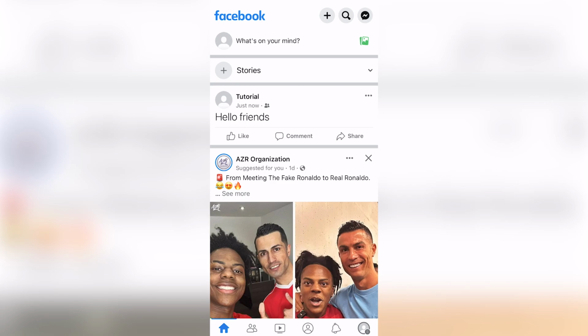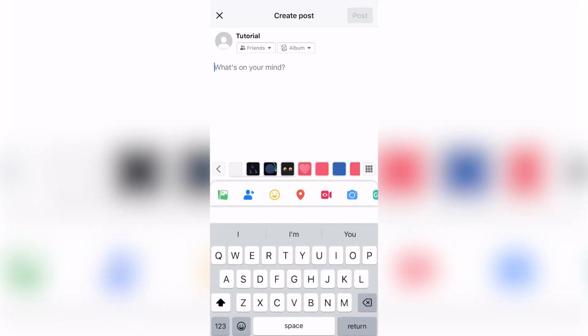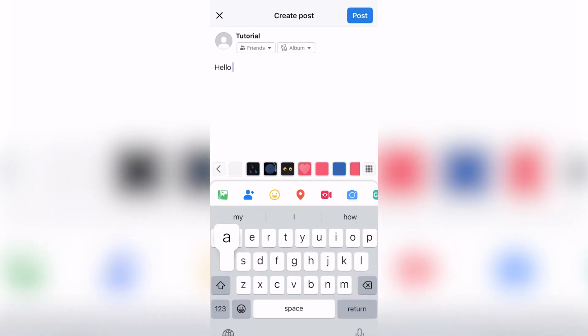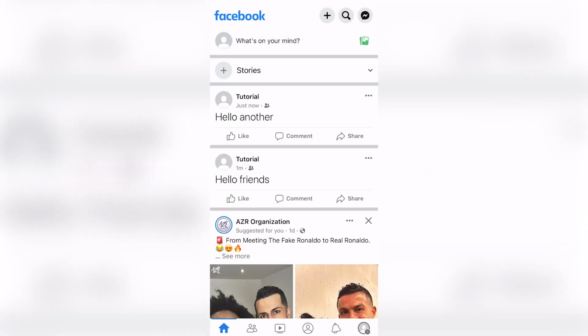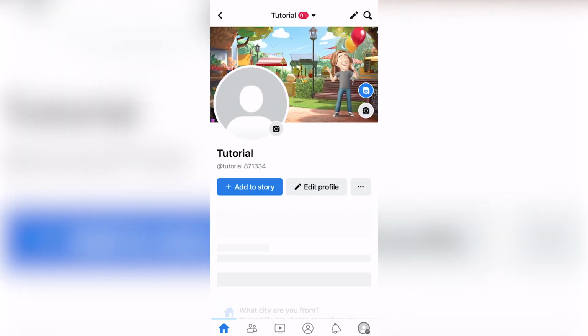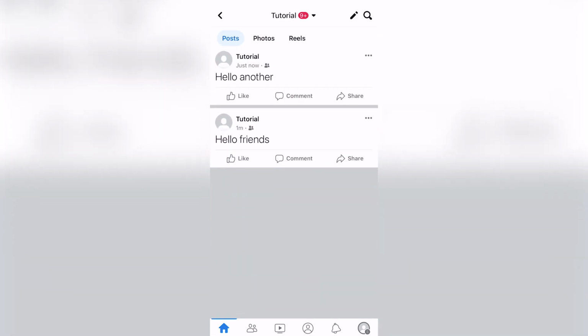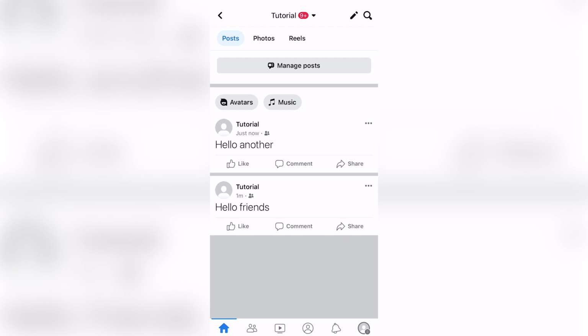You're going to begin by actually making a post. As you can see, I've already made one, but I'll just make another one. So I'm just going to post it by clicking on what's on your mind and posting it. And then I'm just going to click on my profile and scroll down so I can just see the posts